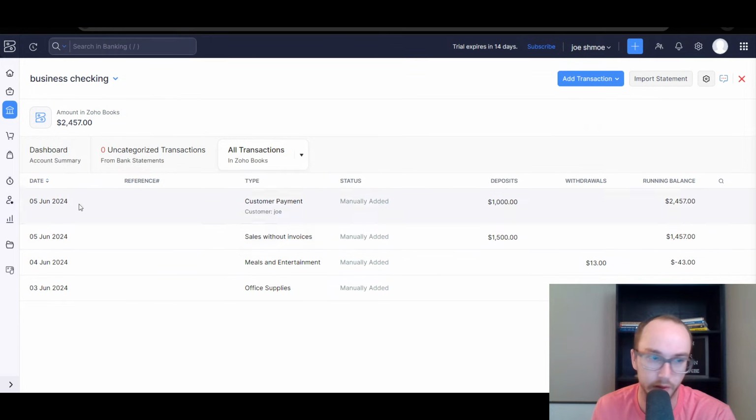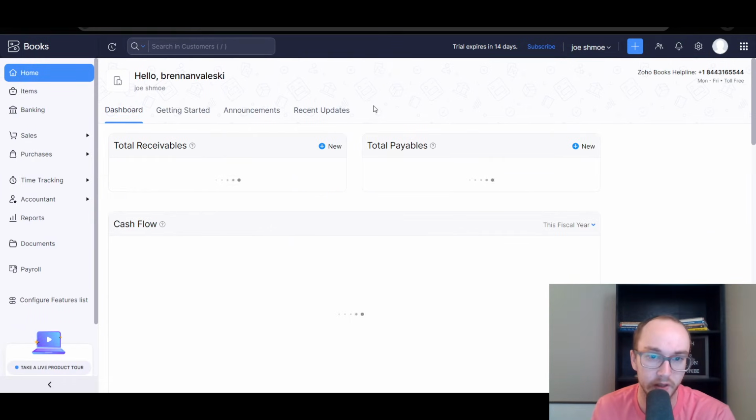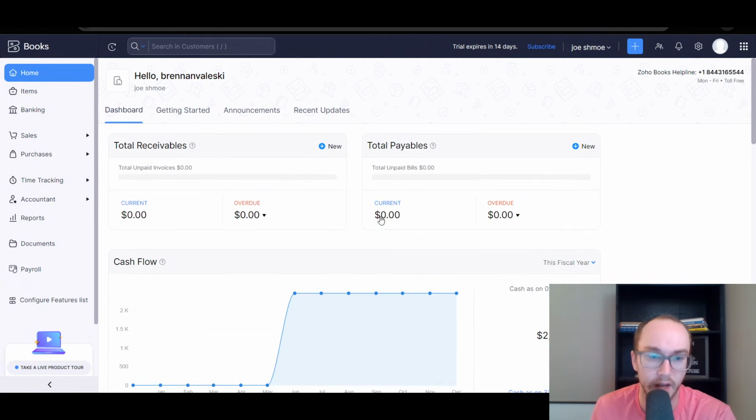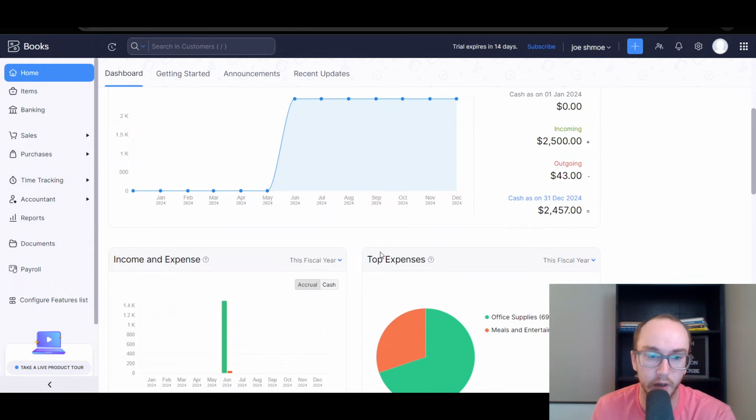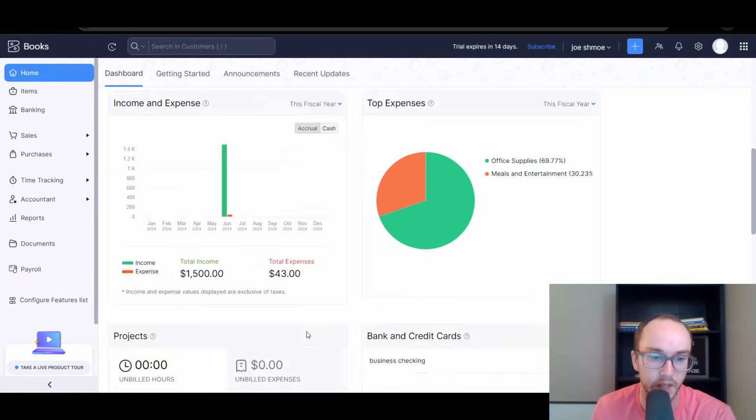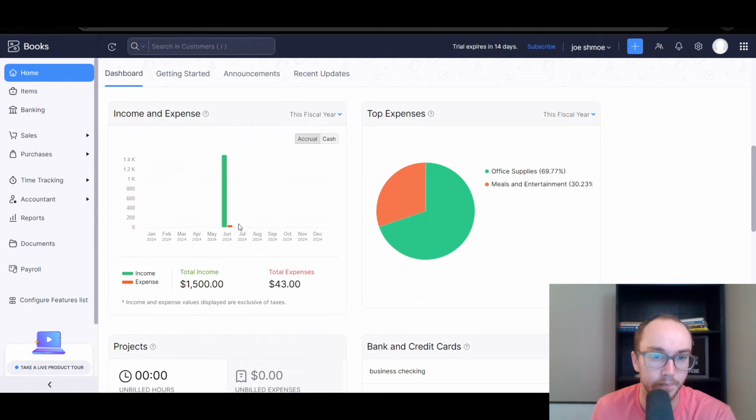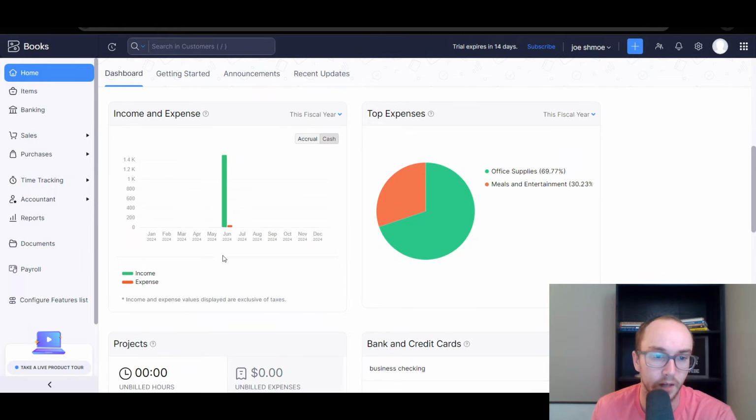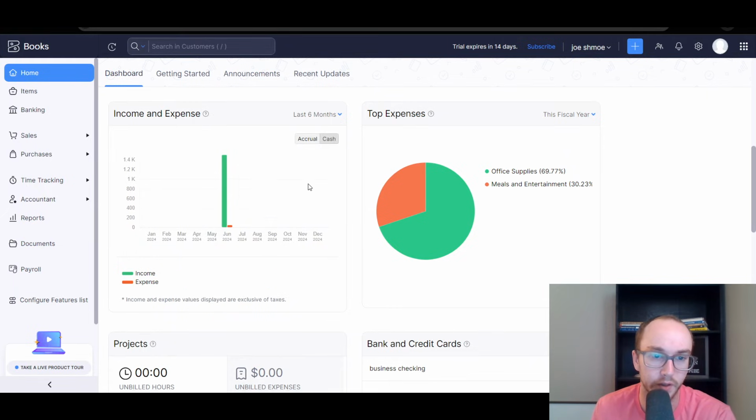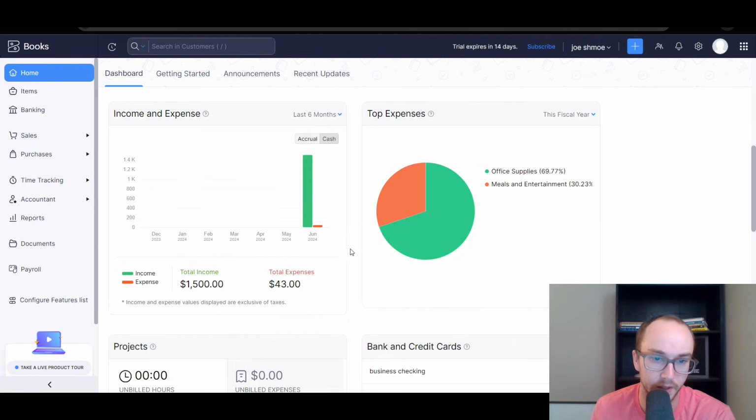You also have, again, sales without invoices. So let's go back to the home and see sort of what it looks like once you actually have some transactions in here. So as you can see, you have your overall cash flow. You have your top expenses. So you got office supplies, meals, and entertainment. You have your total income on an accrual basis or a cash basis. So again, as you can see here, we had that sale. And then we also had the expenses. This is all within June. So you can also set this up as last 12 months or last 6 months. So you can see income and expenses